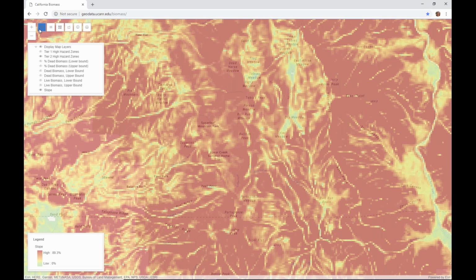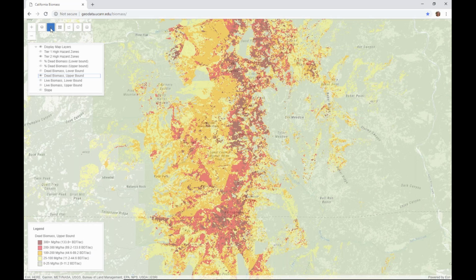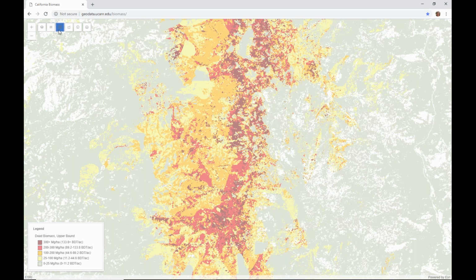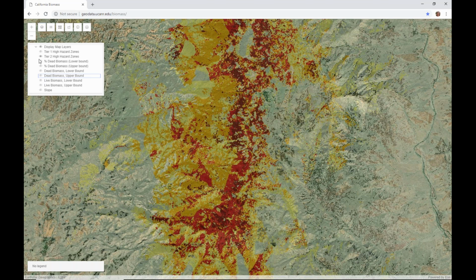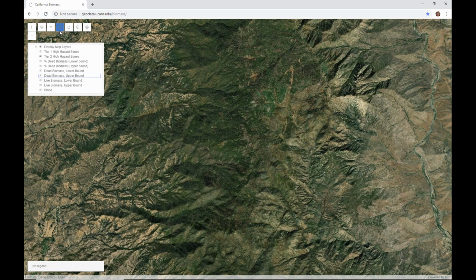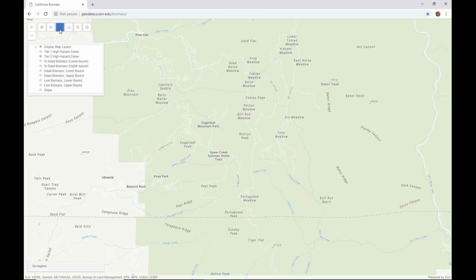Great. So we've got our layer list figured out. I'll go back to the default. Next, I want to show you how you can toggle on and off the legend. I always leave it on, but if it's in your way, you can remove it. You can remove the layer list. And then this next button allows you to switch the base map. So here we have satellite imagery, and actually I'll take this off so you can see what that looks like by itself. And then this is more of like a Google Maps road map.